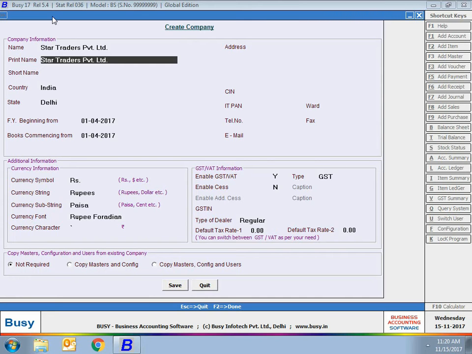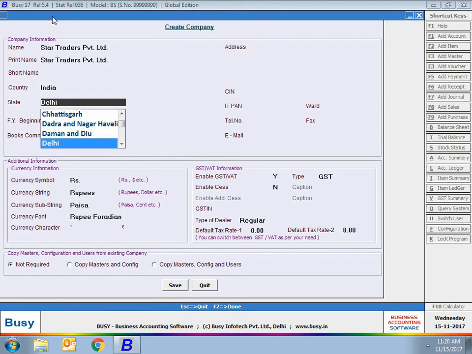Now obviously the company will not like to print this heading on the headers of the report. For this it can specify the print name as Star Traders Private Limited. As I have said earlier also, print name can be the same for two companies. So here the company will specify the name as Star Traders Private Limited 16-17, 17-18 and the print name as Star Traders Private Limited.